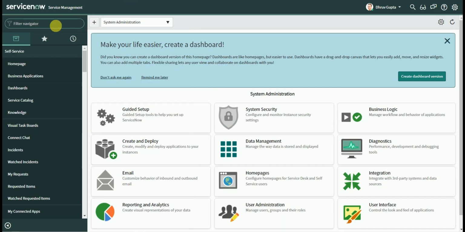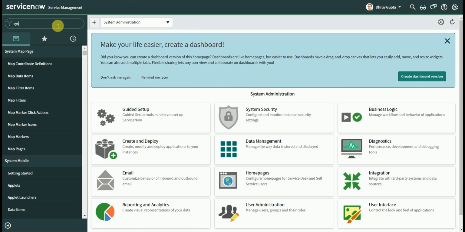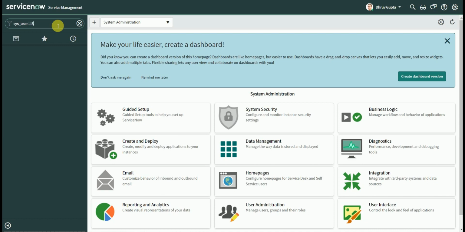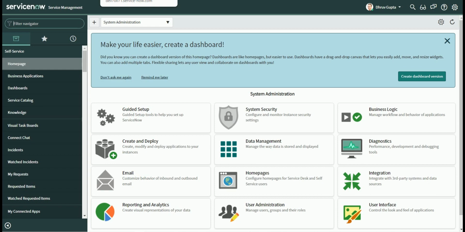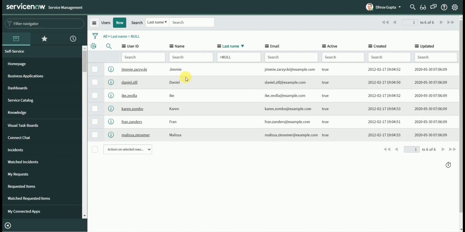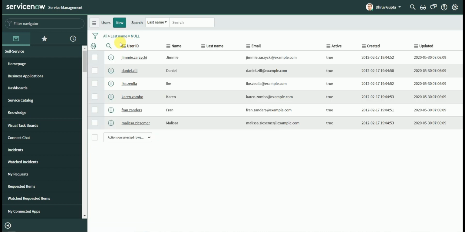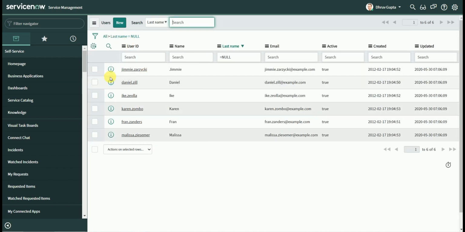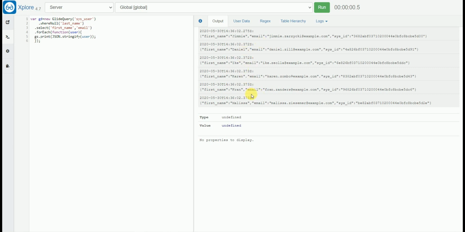Let me have a quick check on that. sys_user.list. I have the users table open. See, I have already done it for you. Okay, 6 users: 1, 2, 3, 4, 5, 6.